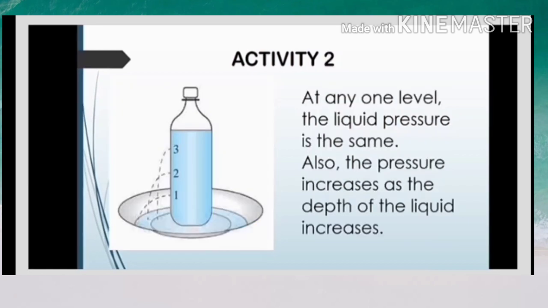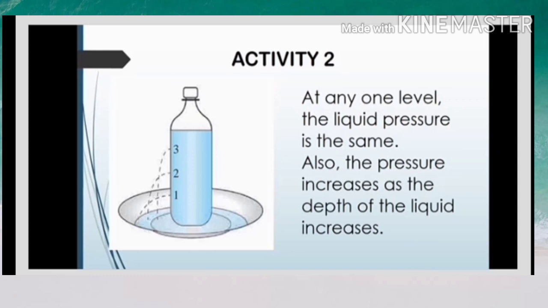In the second activity, take a plastic bottle and pierce it with a thick needle at the points 1, 2, 3 as shown in the figure. Fill water in the bottle up to full height. As shown in the figure, water jets will be seen emerging and projecting out. The water jet emerging from the hole at the top will fall closest to the bottle, and the jet from the lowest hole falls farthest from the bottle.